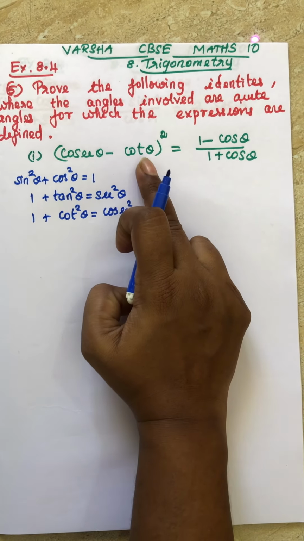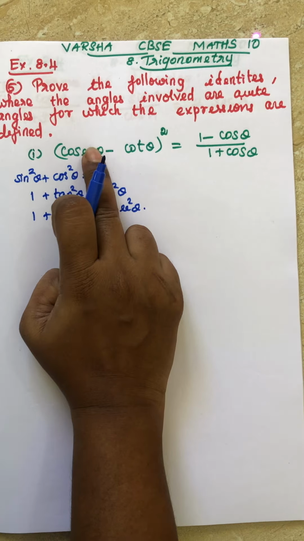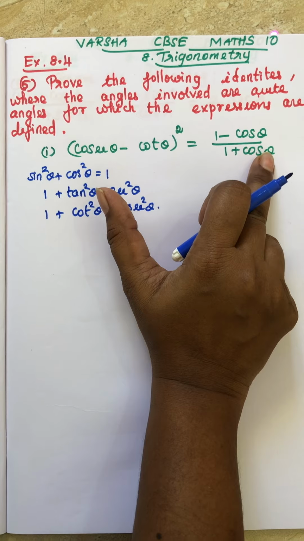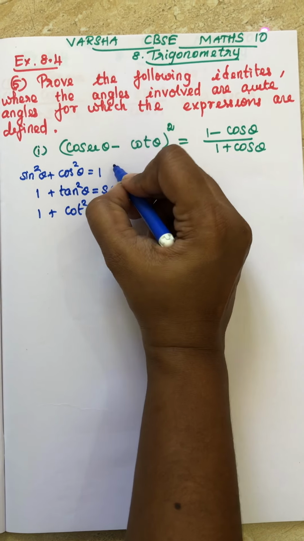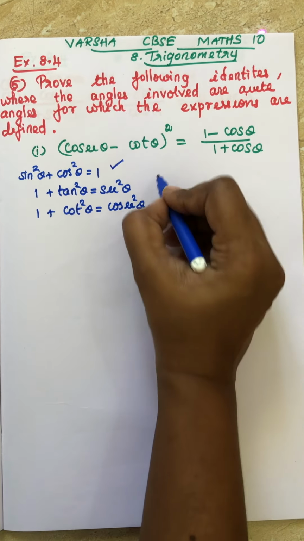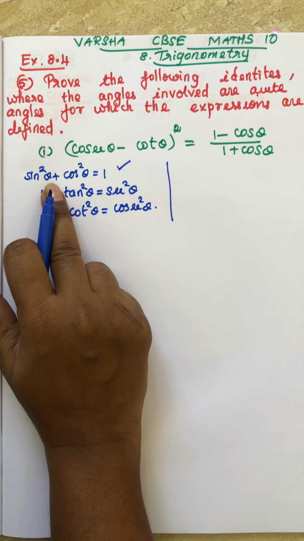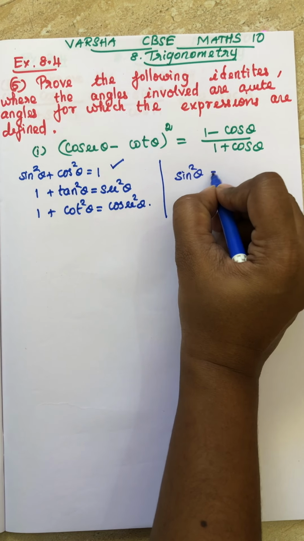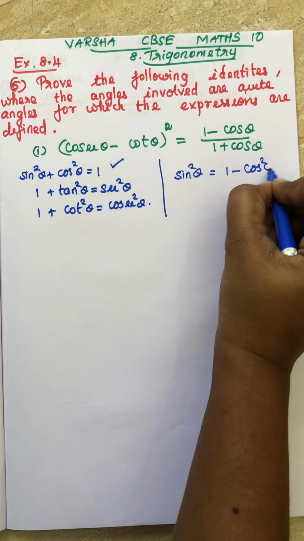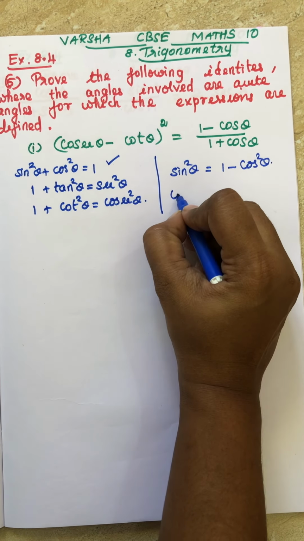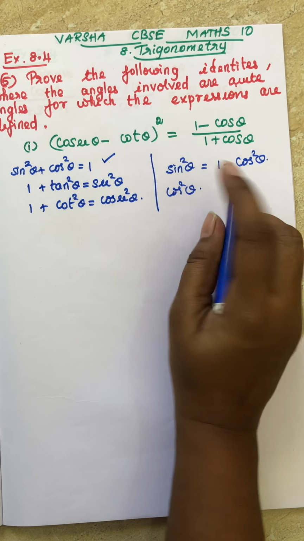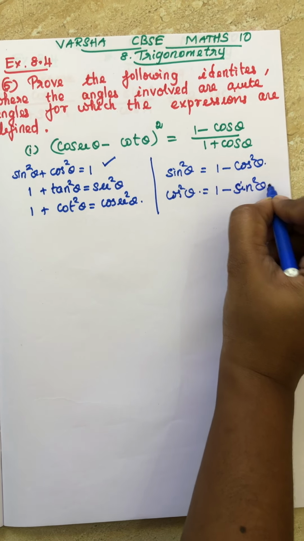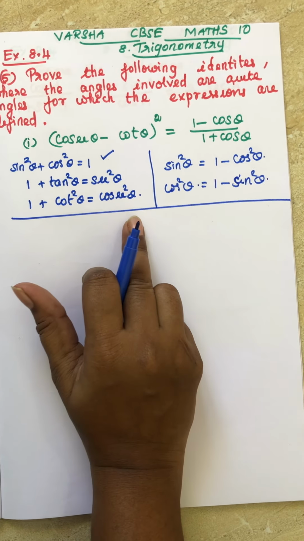See which identity we are going to use, students. This is your LHS, this is RHS. So for the RHS, you have to derive this answer, and for that we are going to use this identity. From that, you can get two more results. If you keep sin square theta as LHS, the RHS is 1 minus cos square theta. If you keep cos square as LHS, this is 1 minus sin square theta. So this is the main identity.